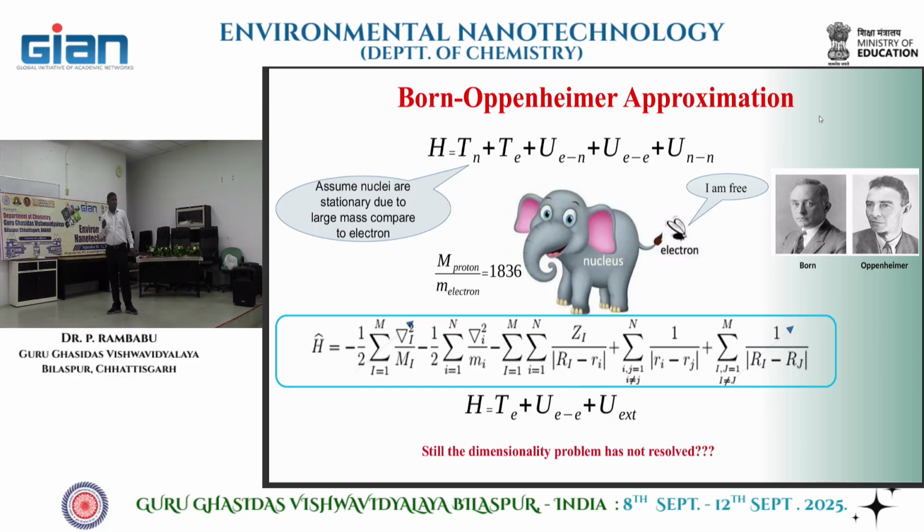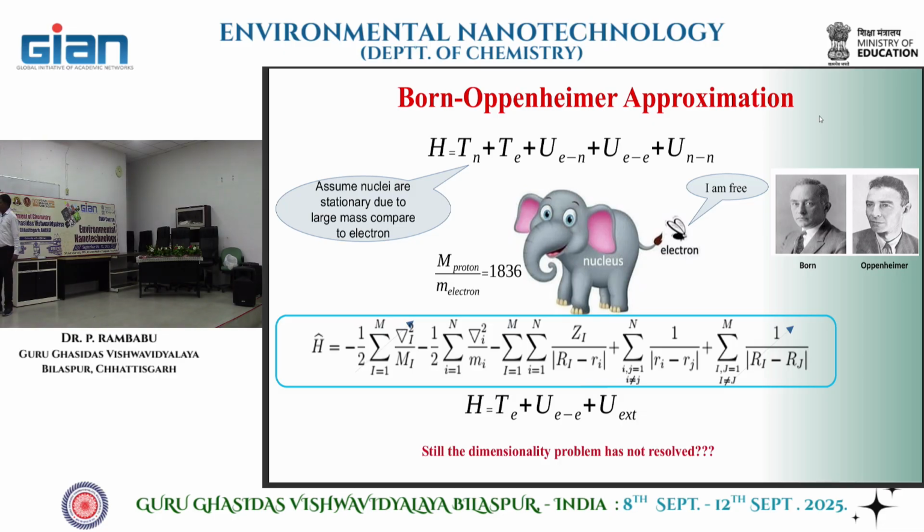Okay. So, to remove this difficulty of the 3n dimensional problem, people have come up with different approximations, and one such first approximation is the Born-Oppenheimer approximation. In the Born-Oppenheimer approximation, they have assumed the nucleus is heavy compared to the electrons, because the nucleus has protons, which have heavy mass compared to the electrons. So, they assumed nuclei are not moving compared to the electrons, because they move slowly, and they neglected that kinetic energy, their movement is 0. So, the nuclei are stationary, the kinetic energy of the nucleus is 0,